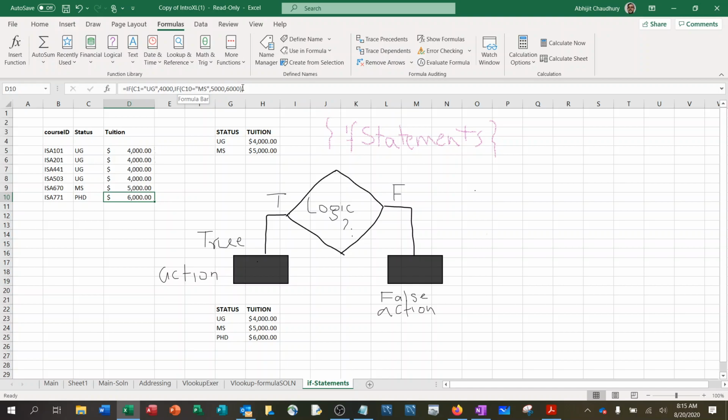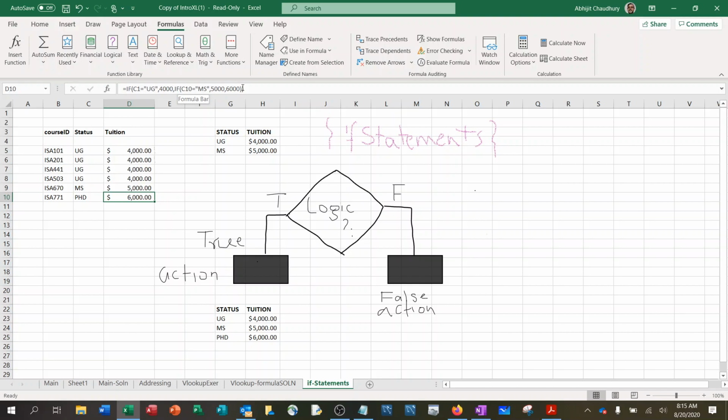And so you can have any number of if statements nested within if statements. An if statement is a very general formula, and you can write practically any kind of code just using if statements. For instance, this is the VLOOKUP that we are doing, and